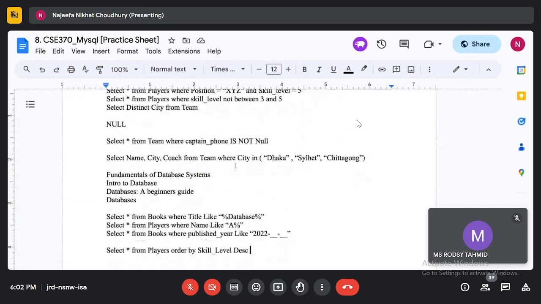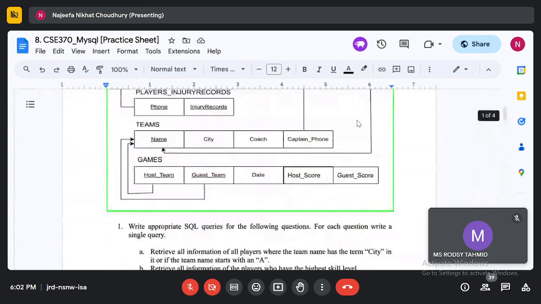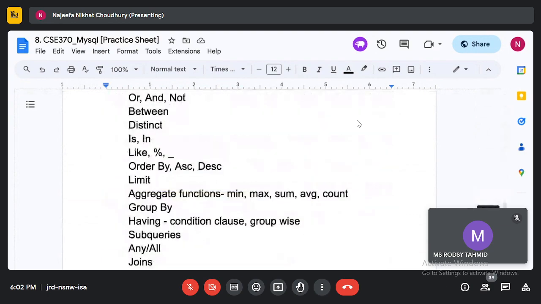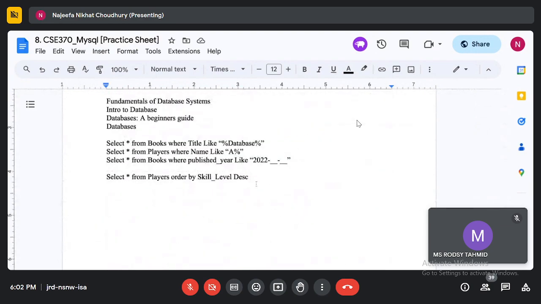If I do ORDER BY skill level descending, then name, what happens is, first of all, it will sort using the skill level.